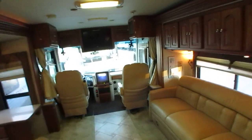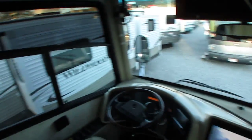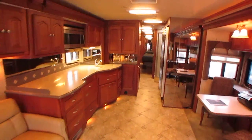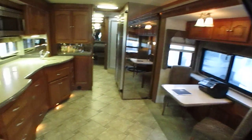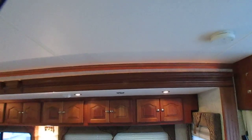Now, if it was a driver or passenger side window, I would have gone ahead and replaced it before I shot the video, but obviously they're clear as glass. So I don't think that's going to be an issue. But looking through this coach, it is beautiful, folks. Bevel glass is perfect. Corian countertops, all these nice accent lighting, 7-foot tall ceilings. Like I said, it's a fiberglass roof, so you have very little yearly maintenance up there, and you can see the LED lights on top of the slide, the crown molding,